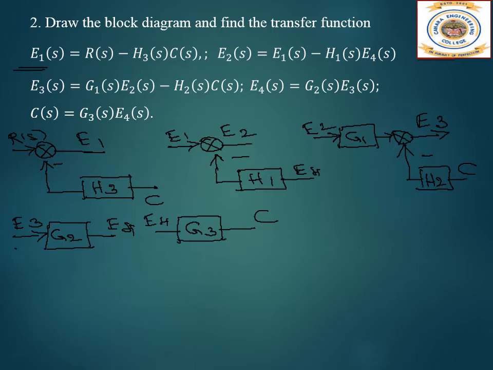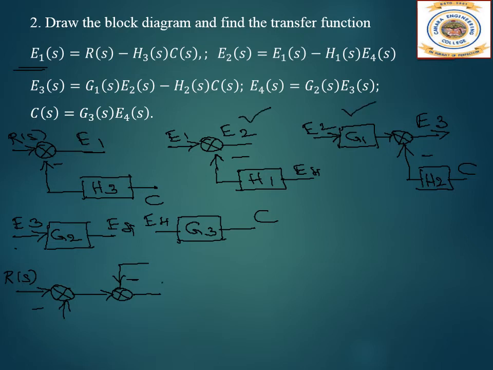So let us write one here. So here first starting with the R of S. So I'll just write this straight paths first here. And this is minus E1. See where it is going. Again we have a summation point over here, E1 and E2. And other one also we have H1 over here, right? So that I will write here above. So here H1. We'll connect it later. Then here E2. This over E2.